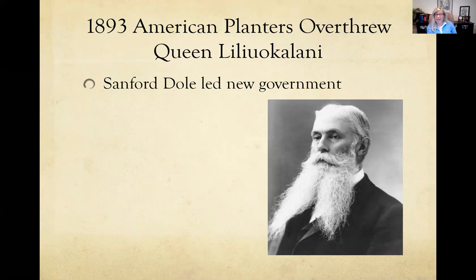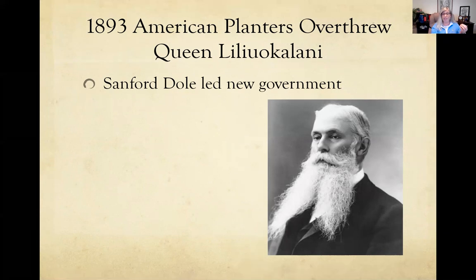And this happens in 1893. Remember, this was the time of the economic decline that was going on in the United States. We're starting to see the populist movement. That was all happening at once. So here in Hawaii, we've got a lot of instability, but then the Americans will overthrow the queen, put themselves